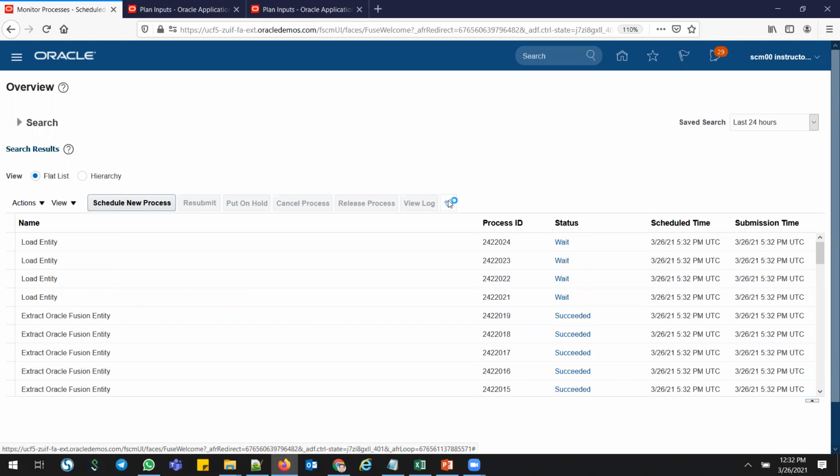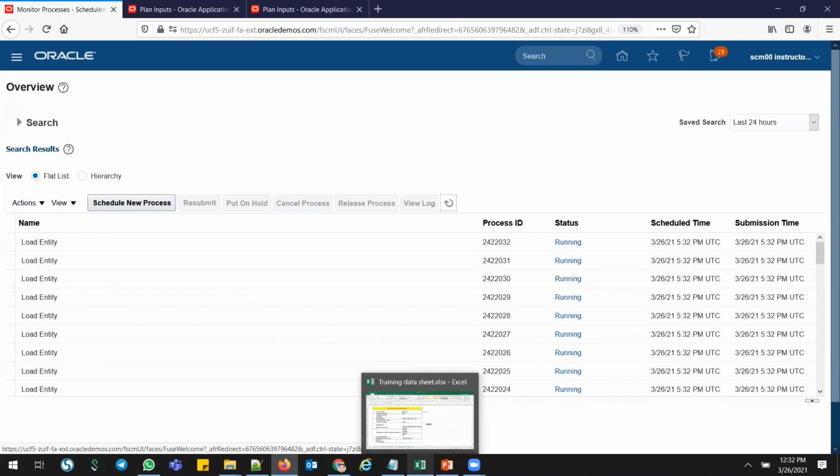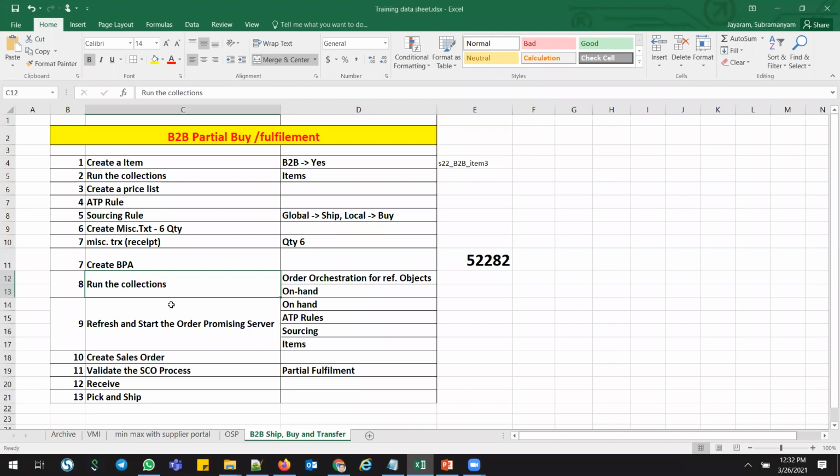And then once it completes, you go ahead and run the refresh and start, which will sync your global order promising with sales order. It means that whatever ATP rules are applicable for this part number, and whatever on hand is already collected, that on hand will be synced with your sales order, and then your items and the sourcing rule.